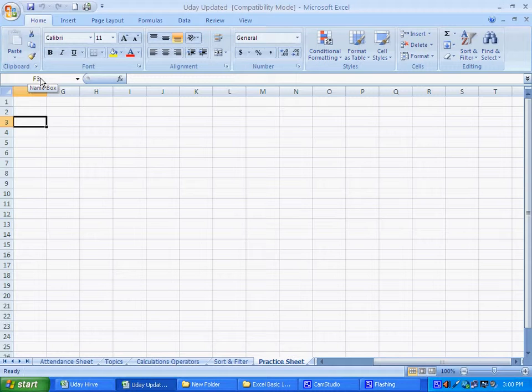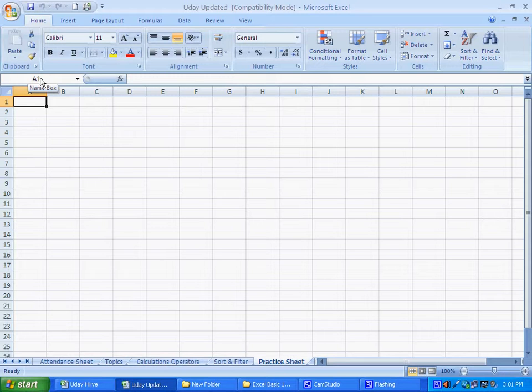Now press page down several times. Now press Control Home on your keyboard. Just beside the page up and page down buttons, there is a home button. You have to press Control Home. As soon as you press Control Home, you will see it has returned to the first cell of my Excel spreadsheet, that is A1.